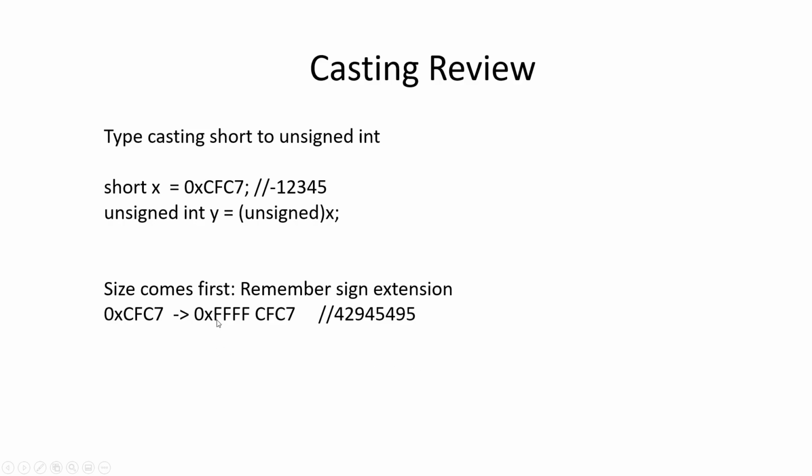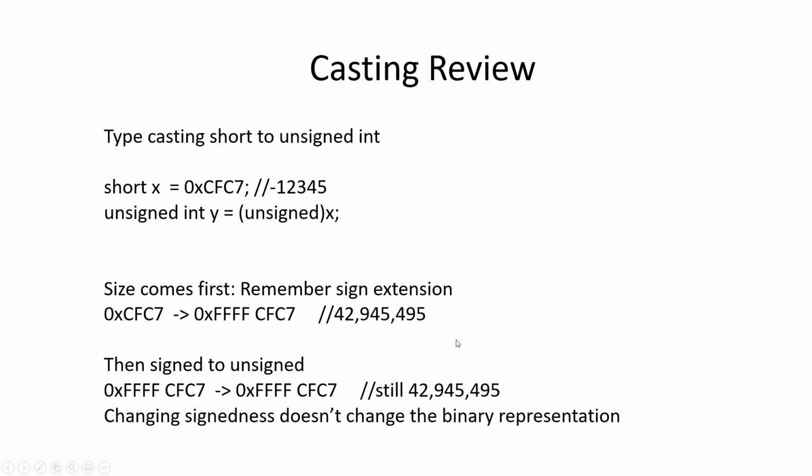So in hexadecimal, that's just going to be adding 4 Fs to the front of this. And when you do this, if I compute this, I get 4,294,549,495 as the final answer. Oh, wait, I left a step out. After that, I need to convert from signed to unsigned. And when I do that,